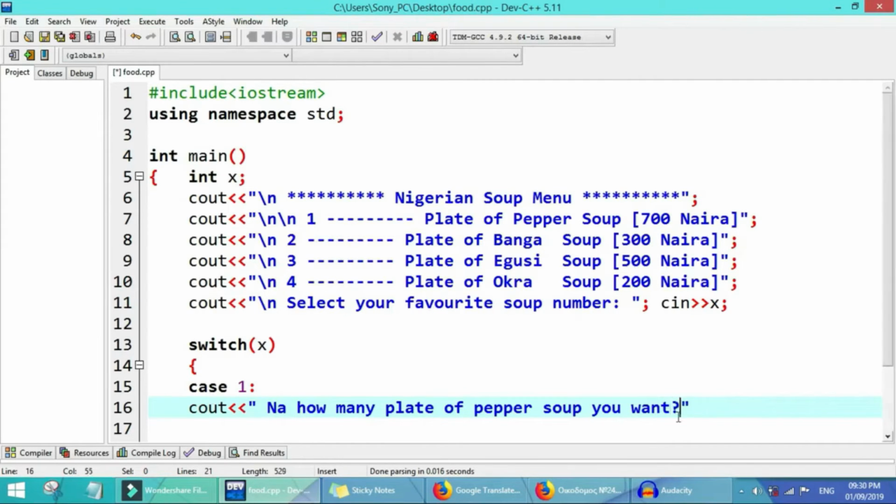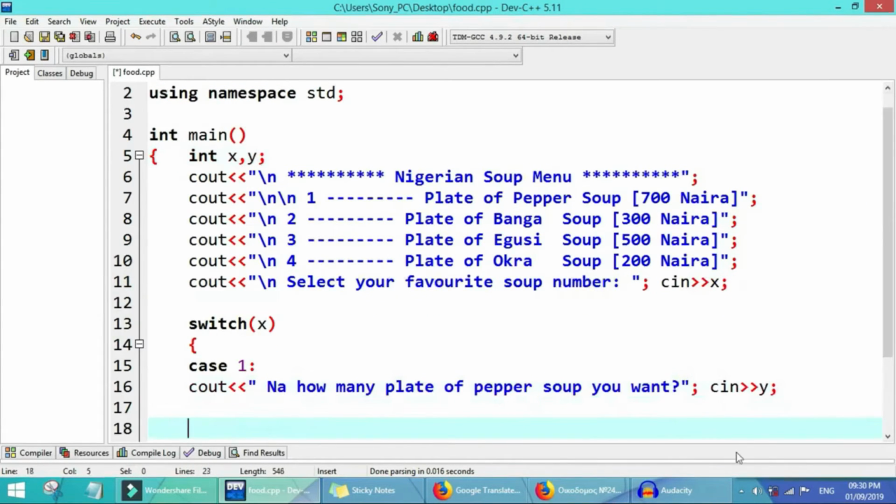So we go ask the person how many plates of pepper soup he want, and for question like this we need another blink. So the other blink will show number of plates where the person wants, and the number will be integer. So we'll introduce another variable, we go accept the integer, say y. So y will represent the quantity of item where the person wants.